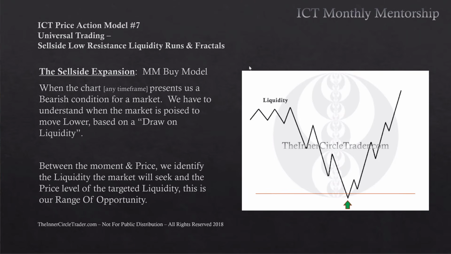But we're inside this fractal, and our specific model number 7 is only focusing on traders that can see just the sell side, because I didn't understand short selling when I first started trading. I understood being a buyer, because obviously if you buy something cheap and you sell it for more money later on, you get the difference in the price, and that's great. And I didn't understand short selling, because how can you sell something you don't own and buy something back and you made the difference in price? So